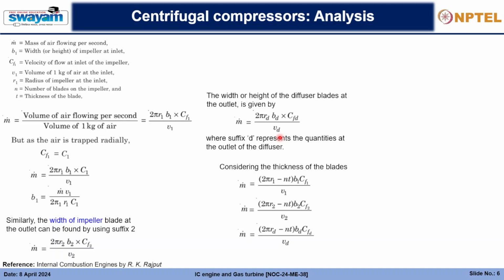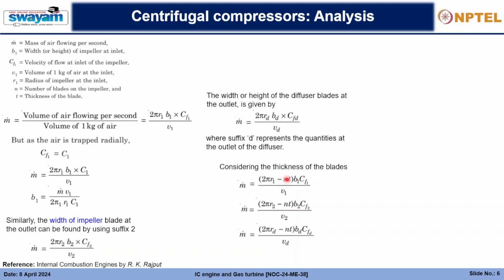Then we will have to write the whole radius of the impeller, but that will not have the air flowing through that. So we will have some sections utilized by the width of the blades, and in order to get the entire area through which the air is flowing, we'll have to subtract the area covered by the thickness of the blades, and that is what it is doing, twice